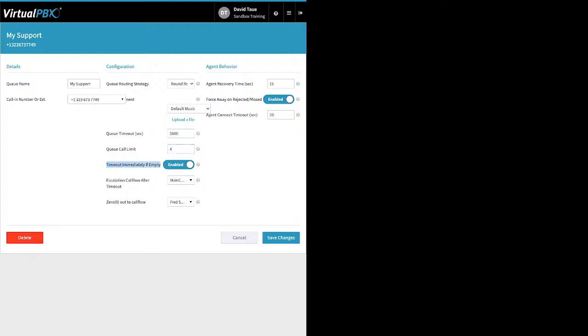All right. Timeout immediately if empty. If this is enabled, that means if I have no staff members logged into the queue and a call comes into this queue, the system will treat them as if they've been on hold for that 3,600 seconds. Which leads us to this one here, the escalation call flow after timeout. So after that 3,600 seconds has hit, what do you want the system to do with that caller? This is a pull down. And these are your options,